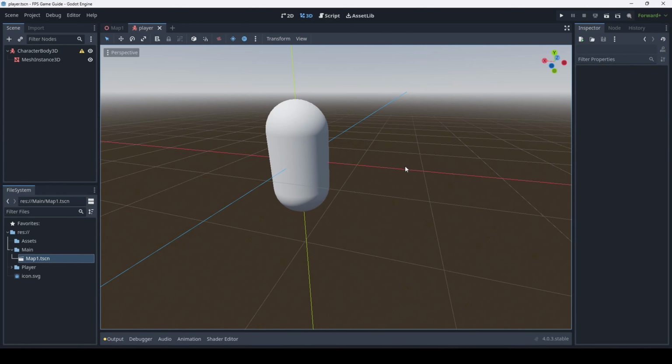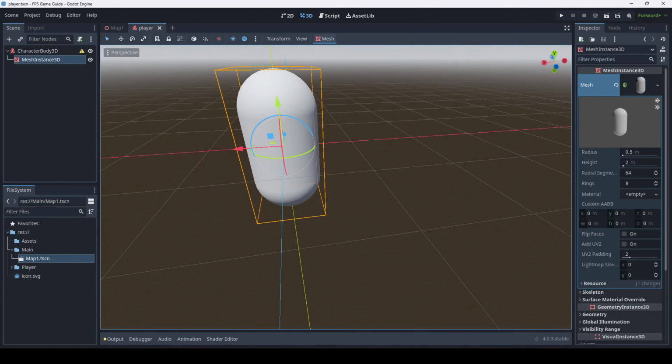And I forgot to mention earlier, if you notice that I have 4.0.3, that doesn't matter as long as you're above 4.0. This series should work perfectly for you. There should be nothing different, but if there is, and you do figure out a way to solve these problems, I'd greatly appreciate if you could put it down in the comments exactly what you did. Anyways,